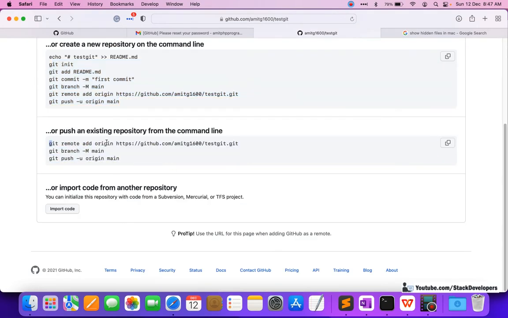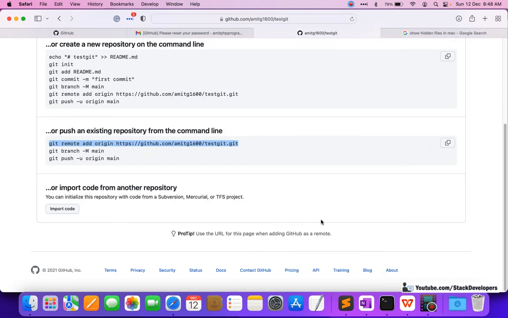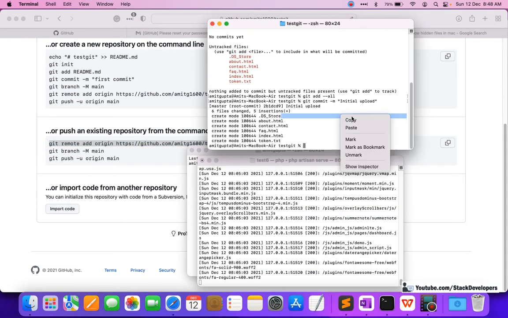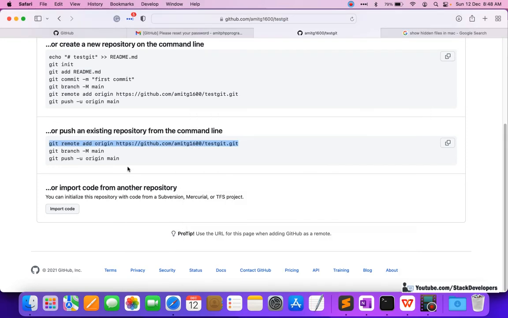The only thing we need to do is give this command, like we have done last time also. We want to connect this repository to our local project. So git remote add origin with the repository URL. You can also get this URL from your repository. I am going to give this command here.